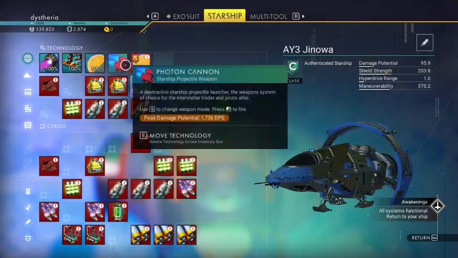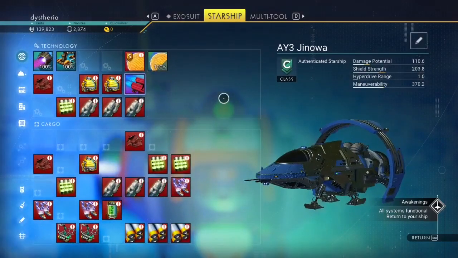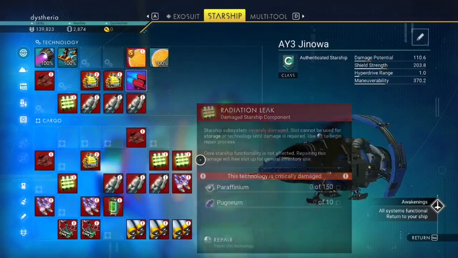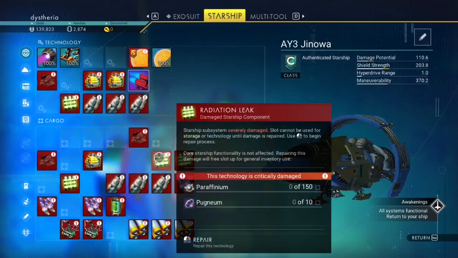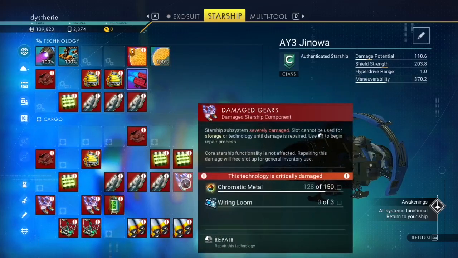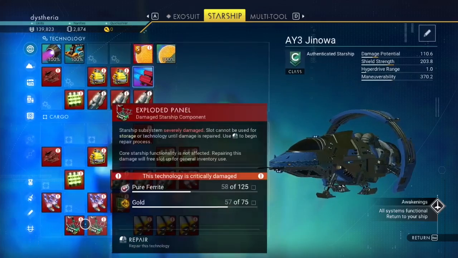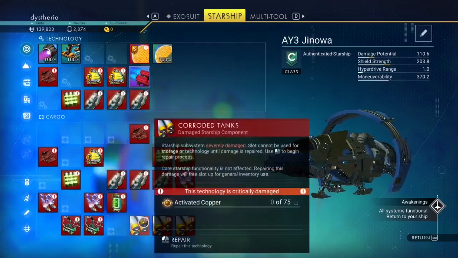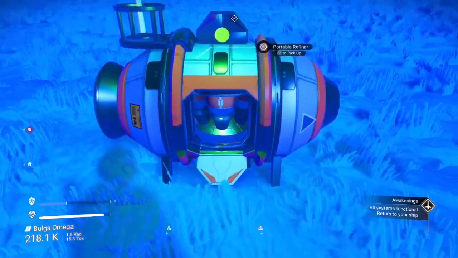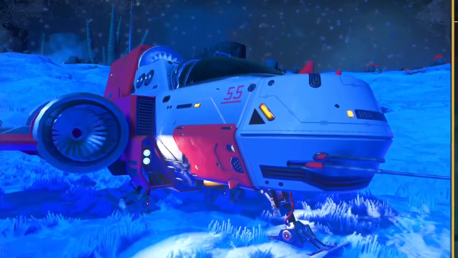Yeah. Now we can't move that, but we can move the photon cannons, so... Chlorine, magnetized ferrite, chlorine, magnetized ferrite, a bunch of platinum required, a bunch of paraffinium and pugnium required, magnetized ferrite, chromatics in gold, wiring looms, a stack of wiring looms, oxygen dioxide, golds and pure ferrites, and a stack of activated copper. Well, that being the way it is,